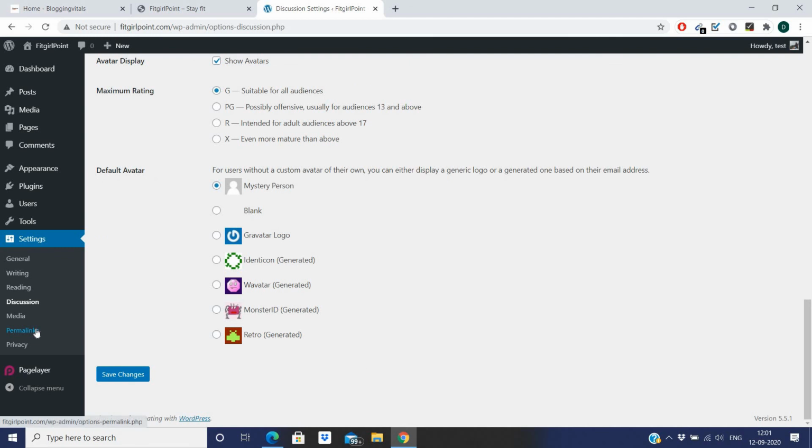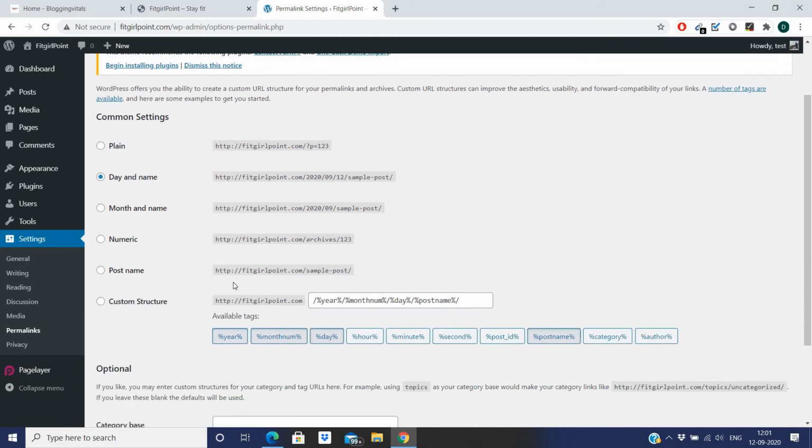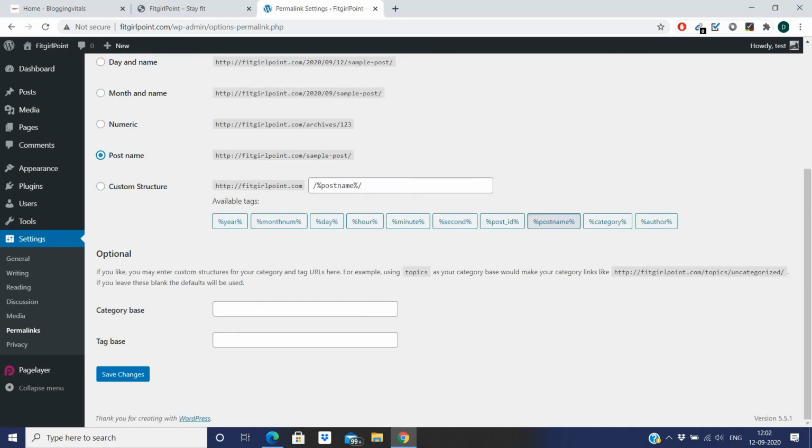Now head towards the permalinks settings. Permalink is basically the URL structure for your posts. My suggestion is to keep it as post name. So the URL of your posts or articles will be like this: http://fitgirlpoint.com and then the post name here.